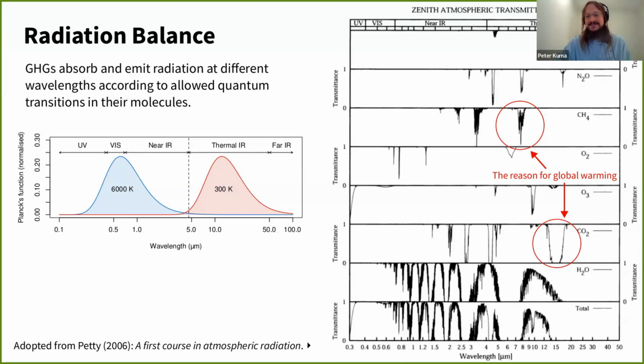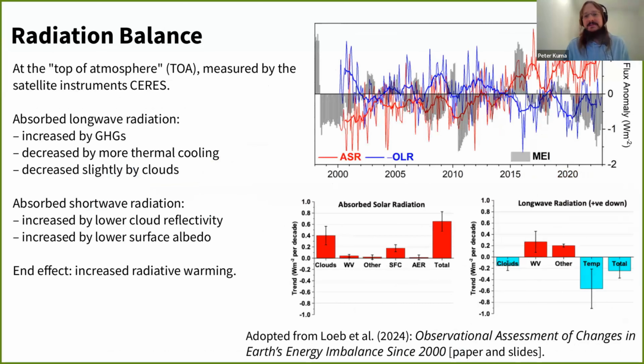Okay, so that was the difficult part, and now I'll go to some easier parts. When we measure the radiation balance at the top of atmosphere, which is the imaginary sphere encompassing the entire Earth, we see that it's not in balance anymore. Or it's never really in balance, but even in pre-industrial times, when people were not influencing the climate, the radiation balance was fairly close to zero over longer periods of time.